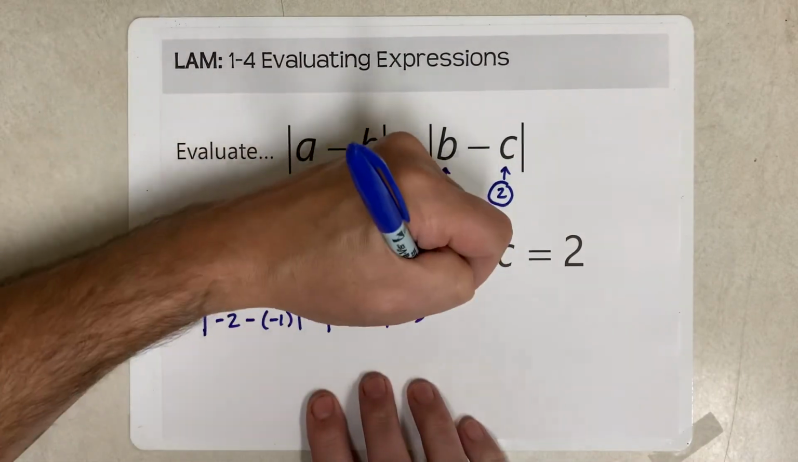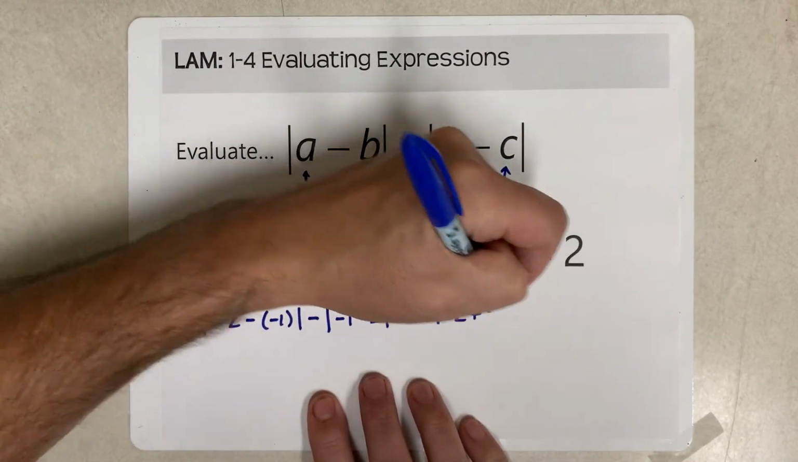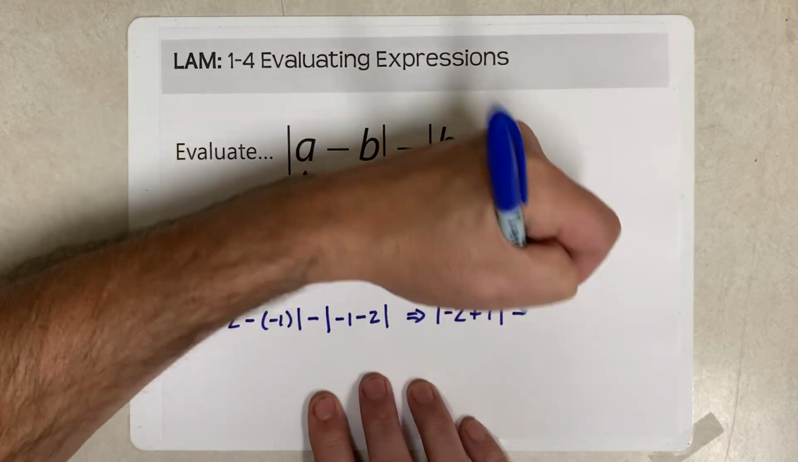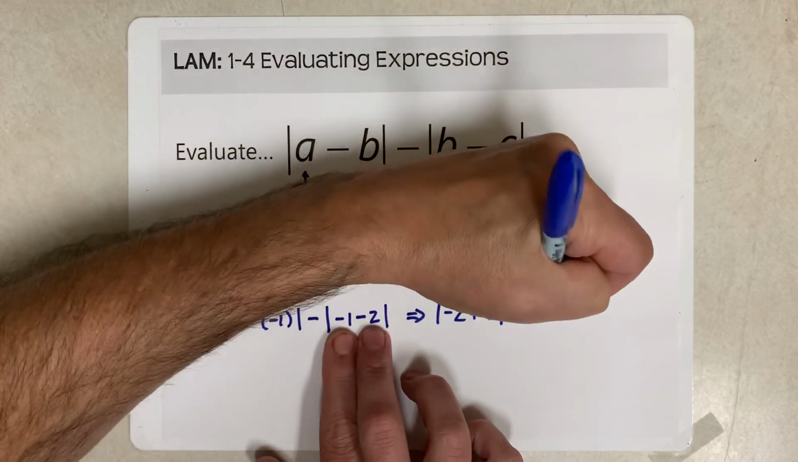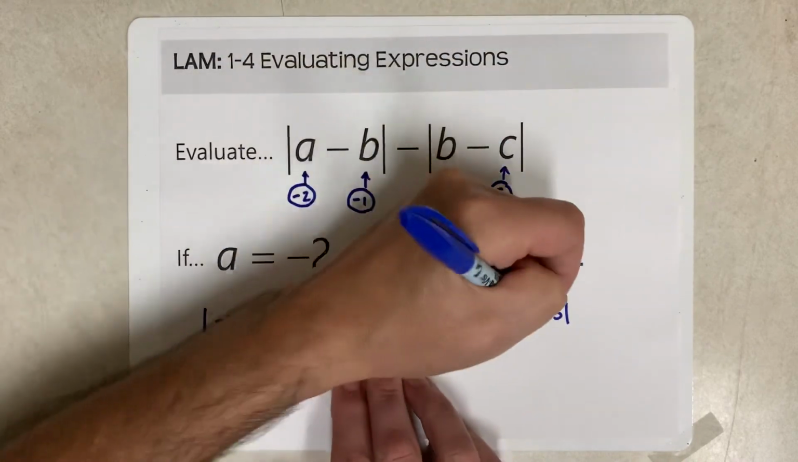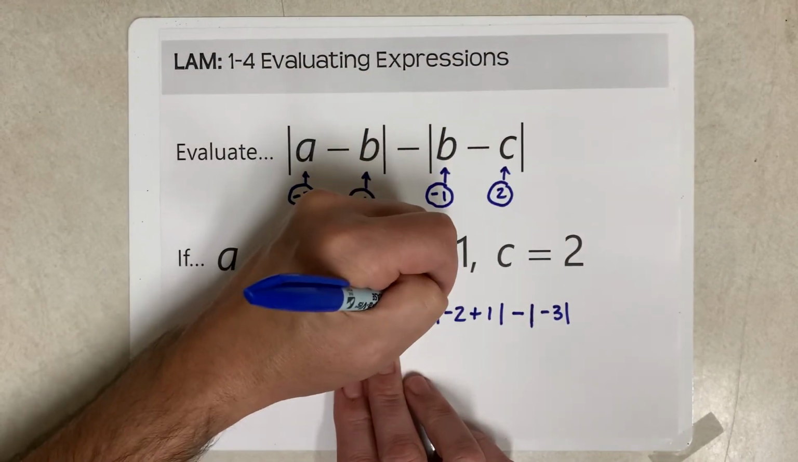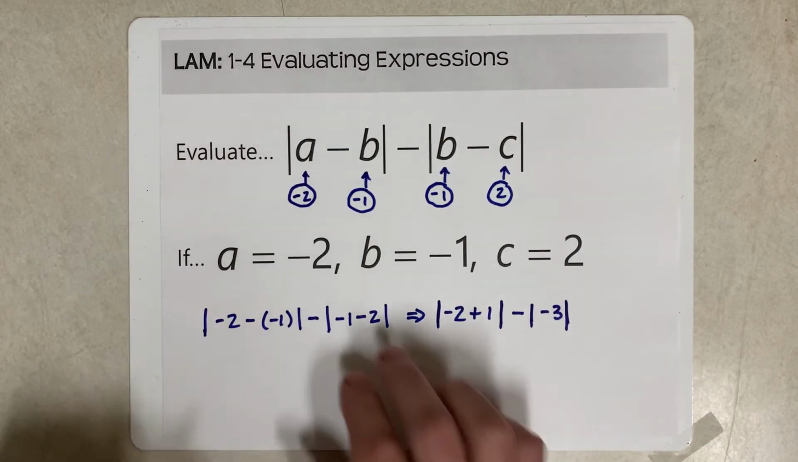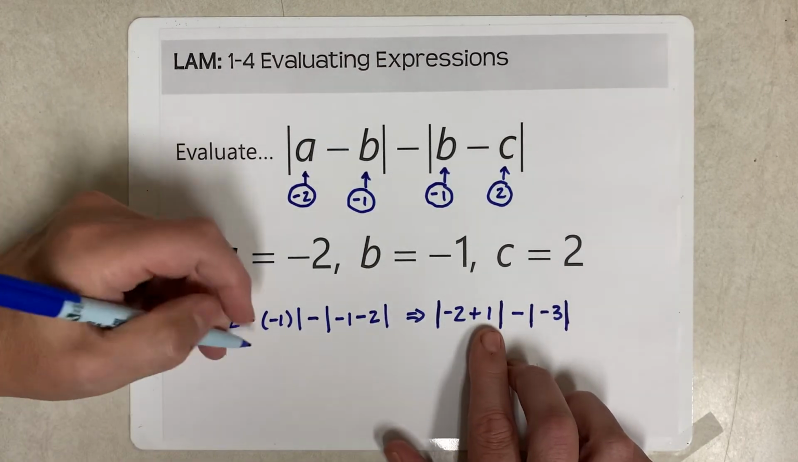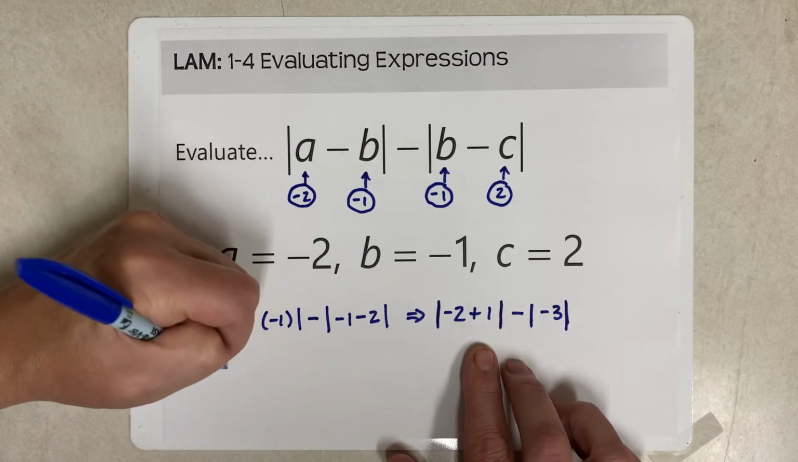So -2 plus 1 minus. Here we have -1 minus 2. That's going to be a -3 absolute value. You'd be very careful with these absolute value symbols because they look like ones after a while if you don't draw them long enough. Okay, -2 plus 1 is going to be -1